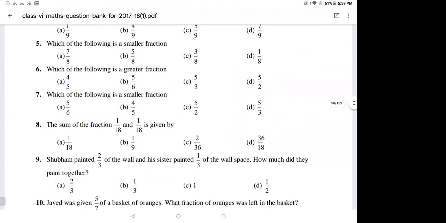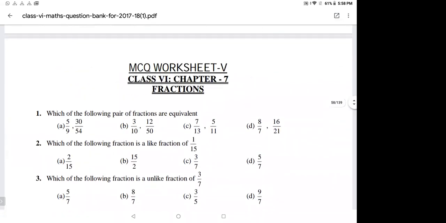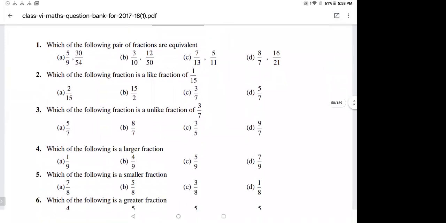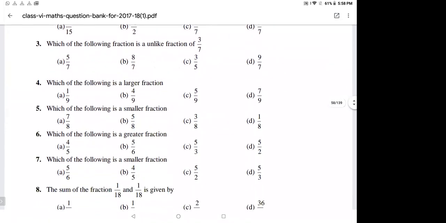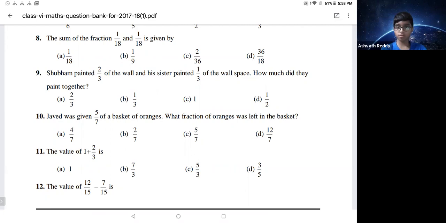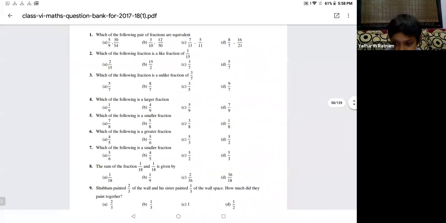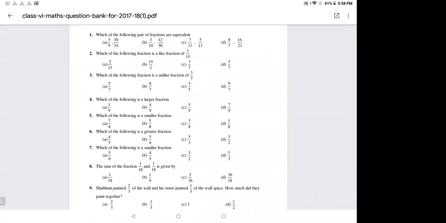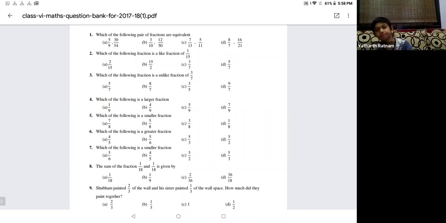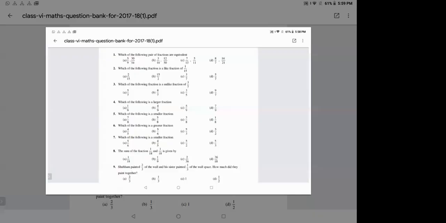Okay, children, first you go with this, which is larger. This is worksheet number 5. Questions 1 to 9 are your task today. Page number 58. Yes, please, this is your homework. That's all for the day, children. Please practice and come back with your answers.